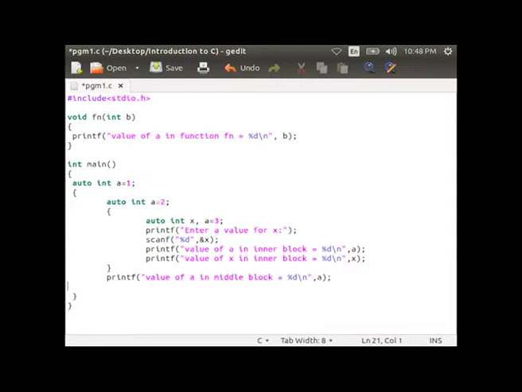Then you call the function fn with the parameter a, then close the curly brace.